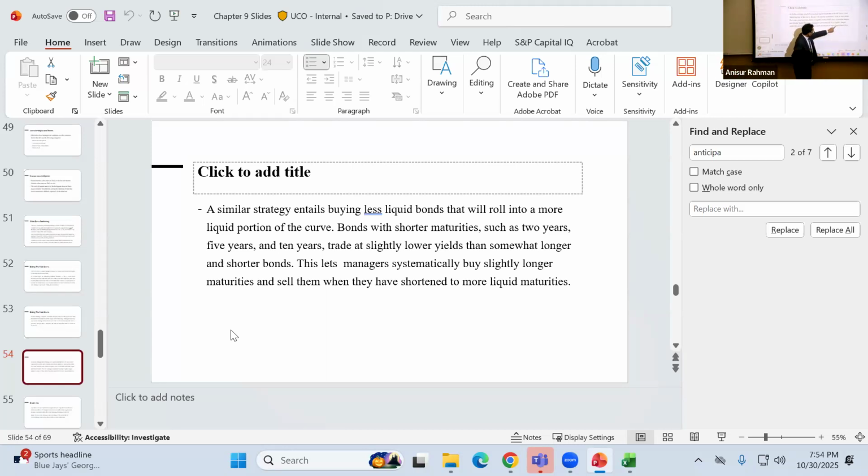Because from less liquid to more liquid, when it is more liquid, you expect a lower return. Interest rate decreased, price went up. So it is also related to the idea of riding the yield curve, but it happens